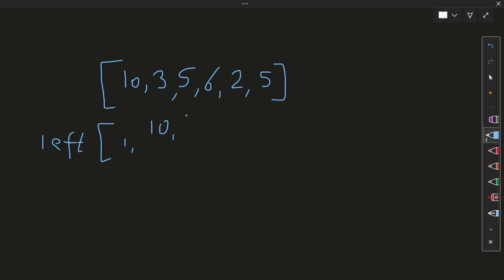Excluding this value, we have 3, and excluding this, the multiplication of the values on the left hand side is 30, and on this point the multiplication is 150, and for the next index, the multiplication on the left hand side is 10, then 3, then 5, then 6, which is 900, and at this point the multiplication on the left hand sides is 1800,